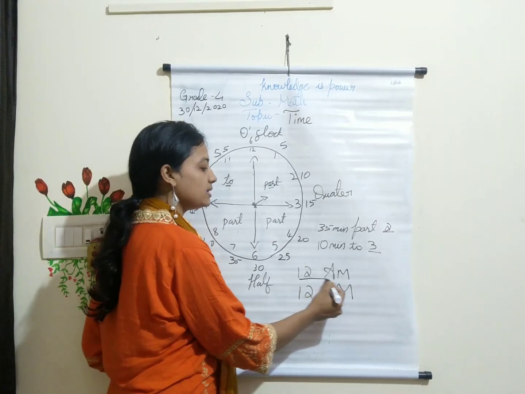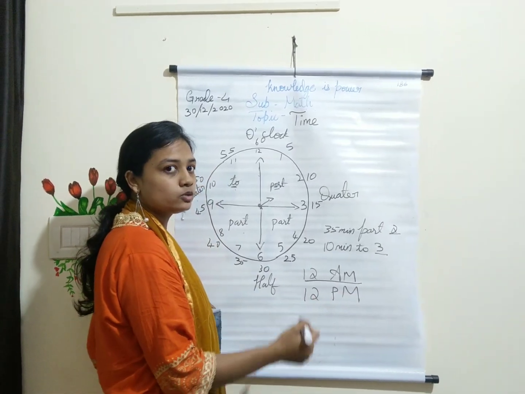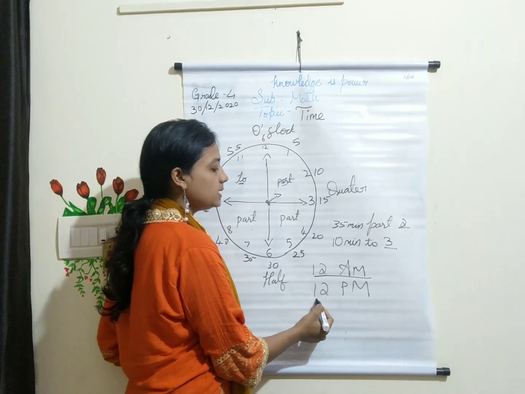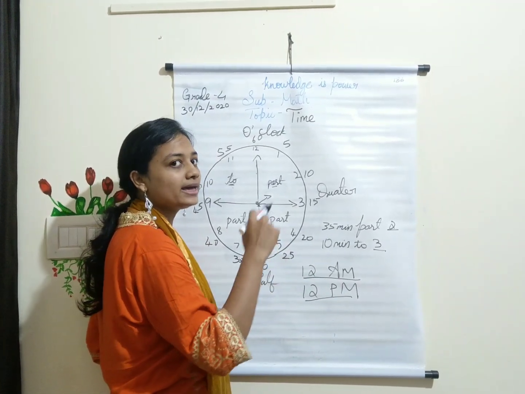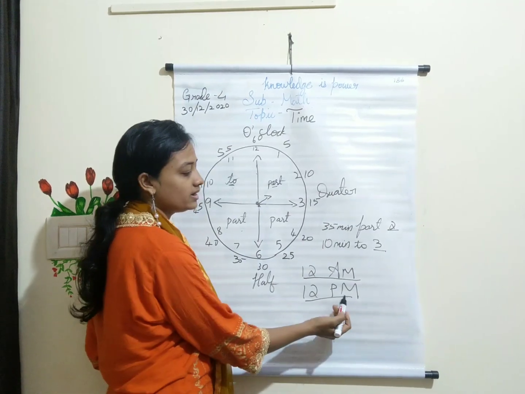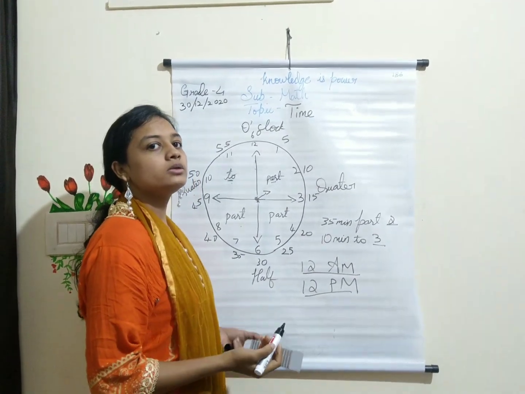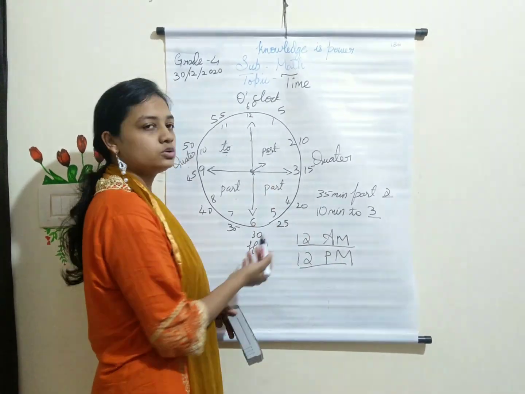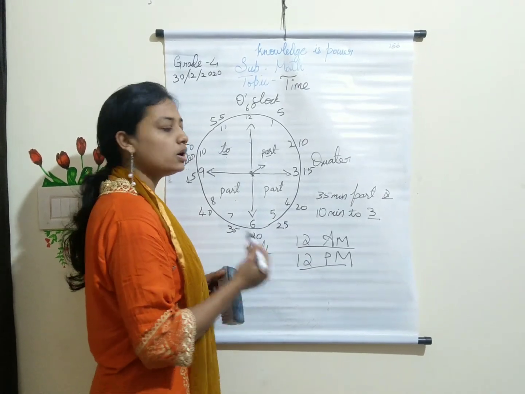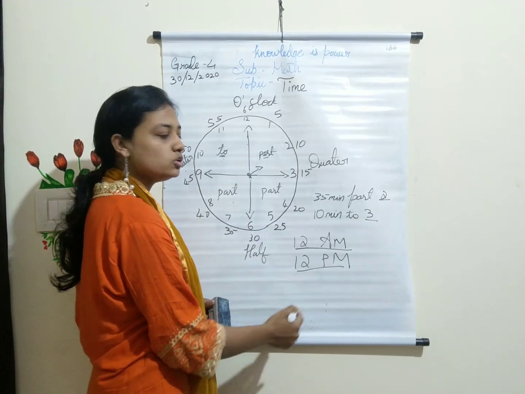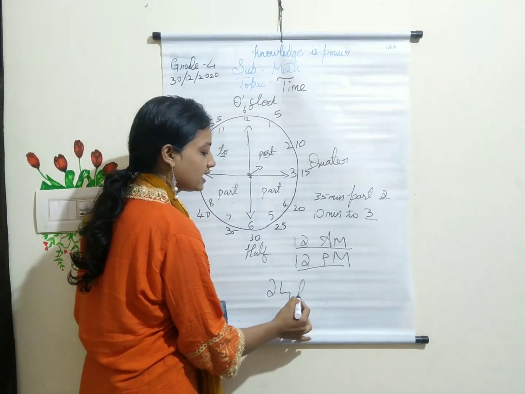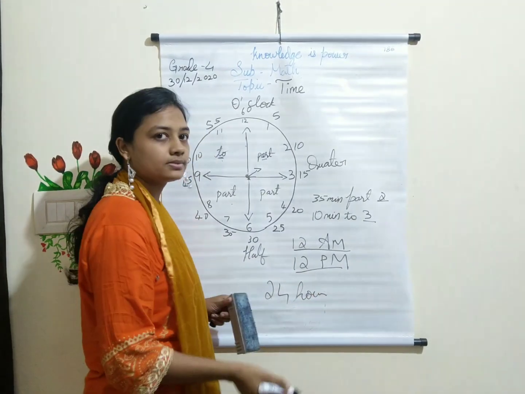This AM is nothing but from midnight 12 to afternoon 12 o'clock. PM is nothing but from afternoon 12 o'clock again to midnight 12 o'clock, we say PM. So you calculate this from 1 to 12. But now I don't want 12 o'clock time. This AM, PM I am not using. I have to use 24 hours time. So how will I do that?